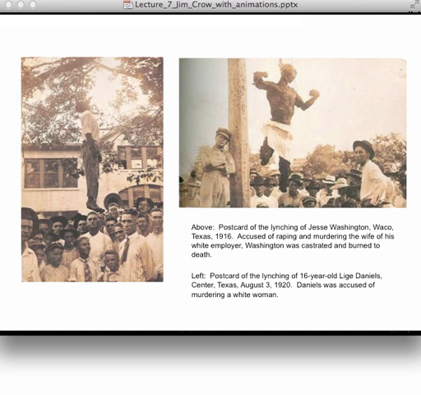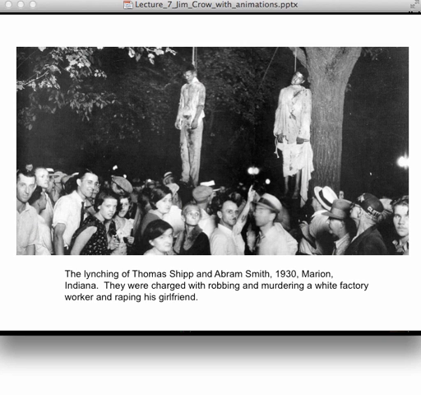And the next photograph, I think, in a way, is even more horrifying. This was a rather late lynching that took place actually in 1930, and I want you to note that it took place in Marion, Indiana, a northern state. And I never want to give the impression that racism was confined to the South. Actually, white people all over the country shared many racist opinions, and the Ku Klux Klan was quite active in the North, and there were many lynchings also that took place north of the Mason-Dixon line.